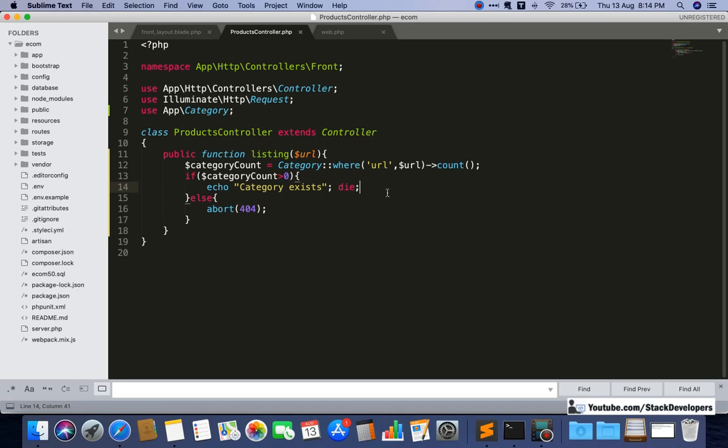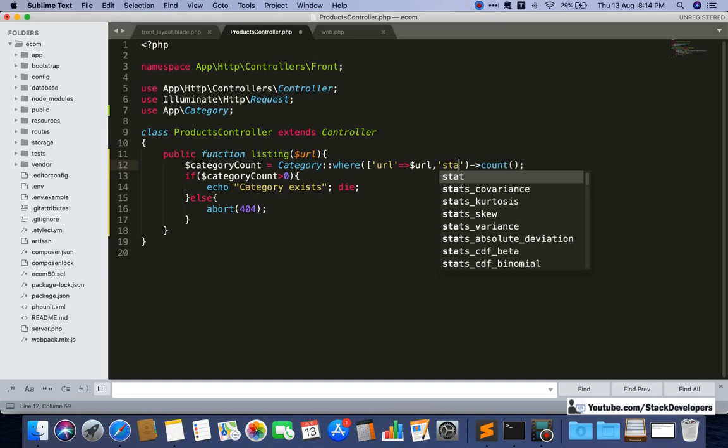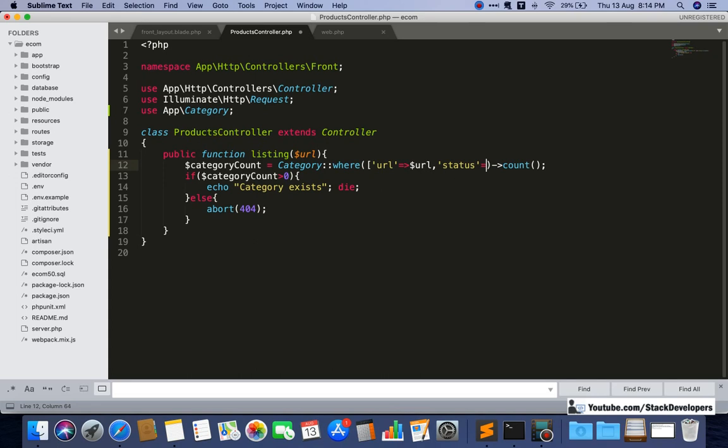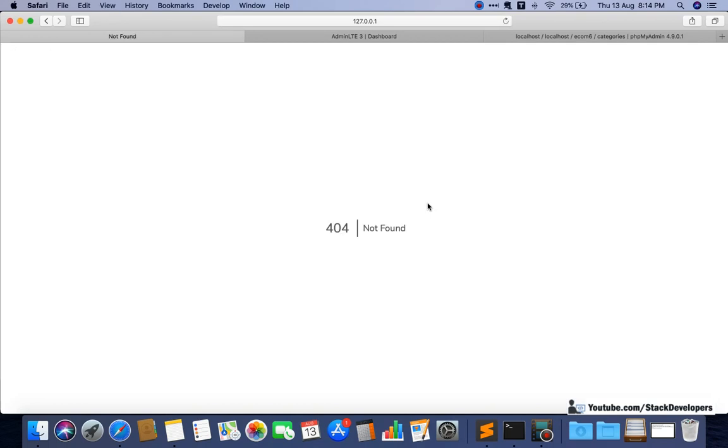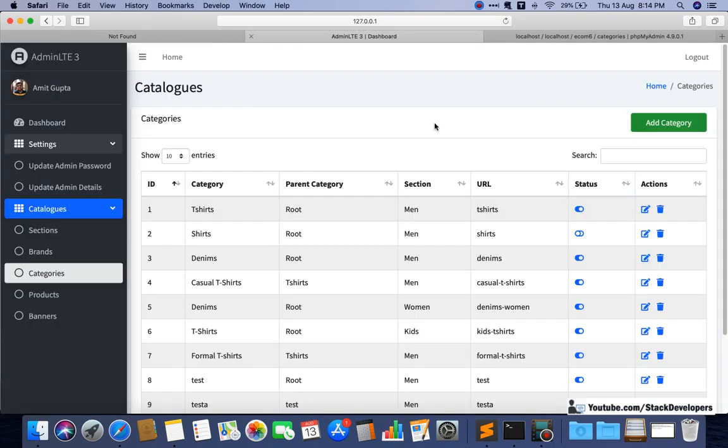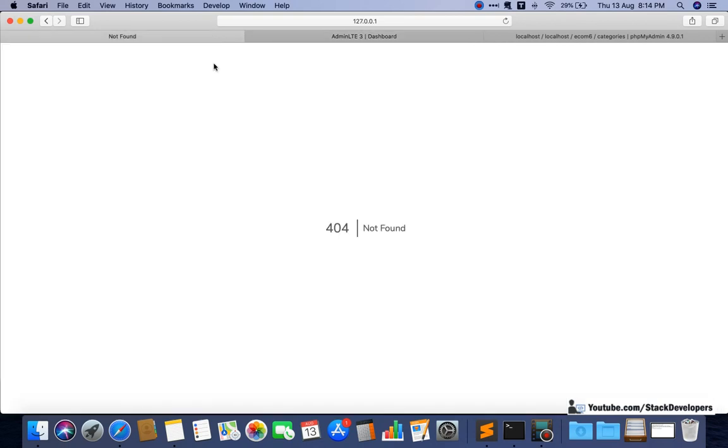So one more condition we are going to add here, that the URL must exist and the status must be 1. Both conditions we are going to check now. Status must also be 1, like this. Now again the 404 page will come, because the status of the category is disabled. So I am going to enable it, and again check. Here it comes, category exists.